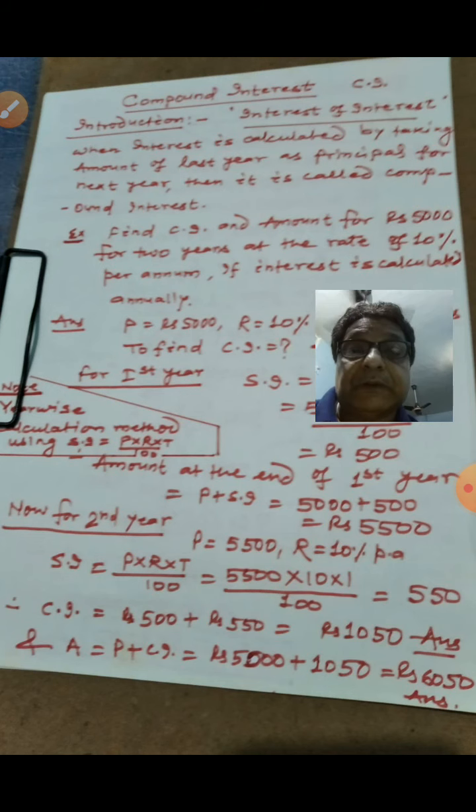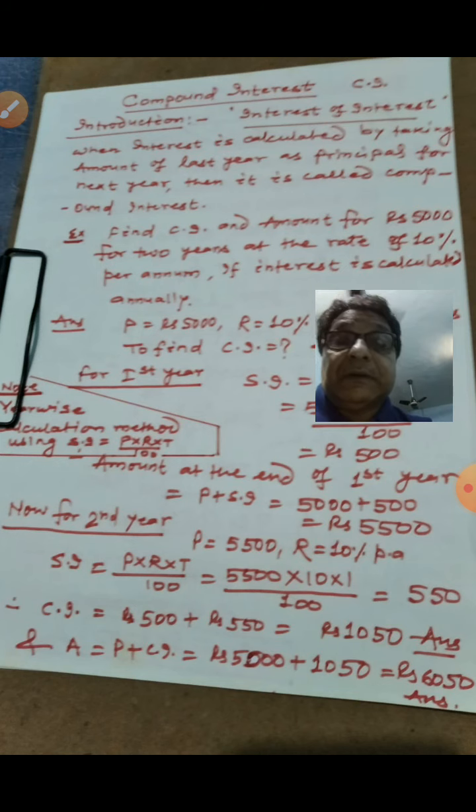Actually, before this, you have already read under commercial maths simple interest, where you have calculated simple interest by using the formula P into R into T by 100, and you are well aware that the money which we borrow from a bank or from a member of society is called principal, symbolized by P, and there is a rate of interest to pay the borrower after a defined time of agreement, whether it is after 1 year or after 2 years. So there is time also.